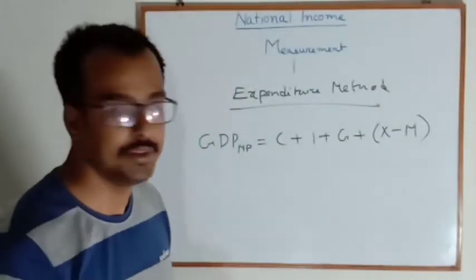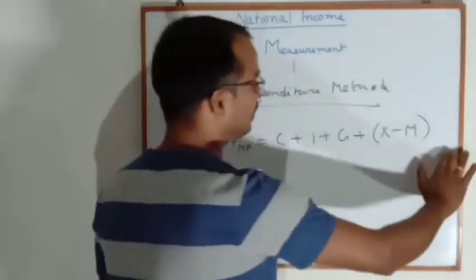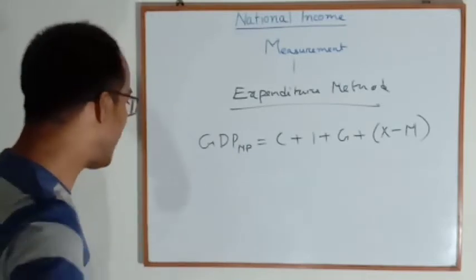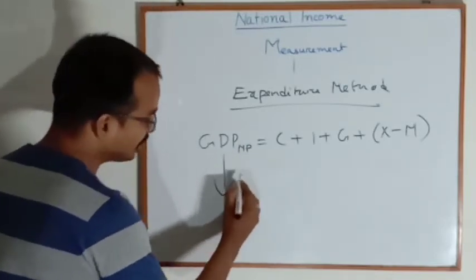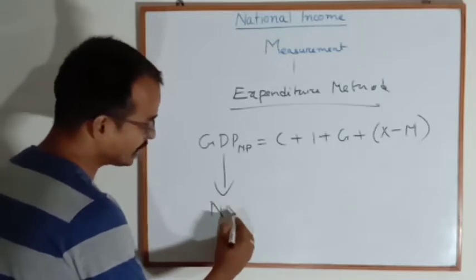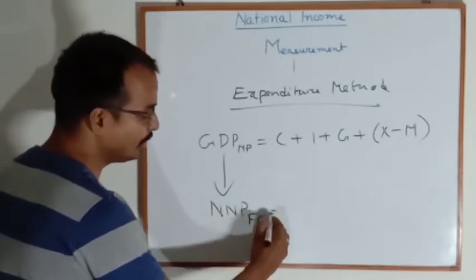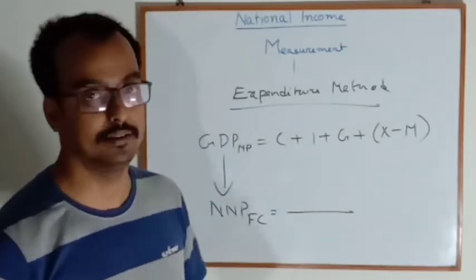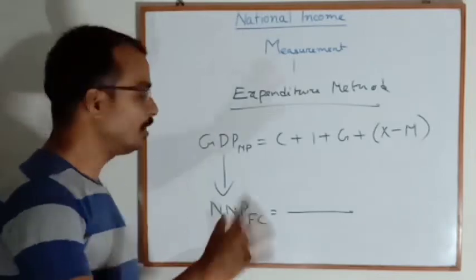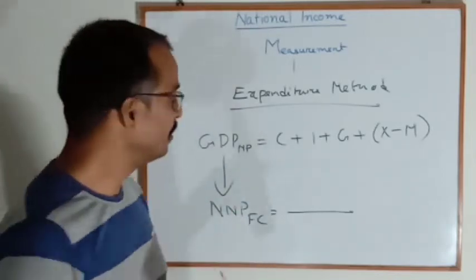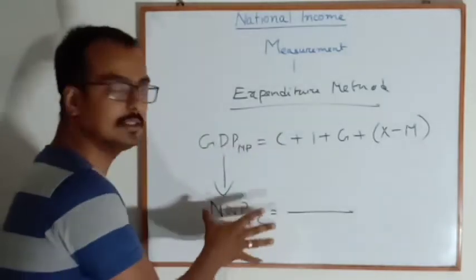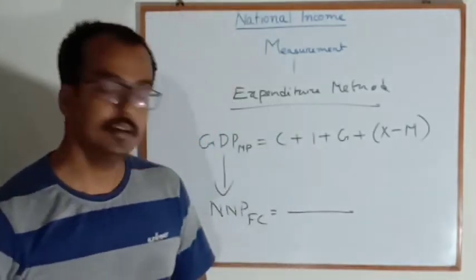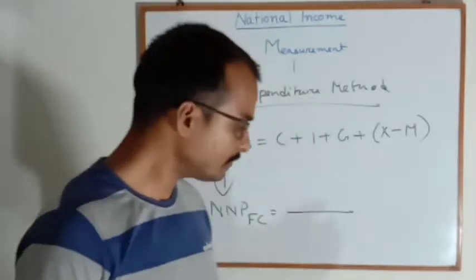And the explanation you know. So this equation will give you gross domestic product at market price, and how to go from gross domestic product at market price to net national product at factor cost, you know this journey, because in part 2 I have explained it in detail. So anyone who has any confusion, go to part 2 and watch these things. So these are the steps in the expenditure method to measure your national income.